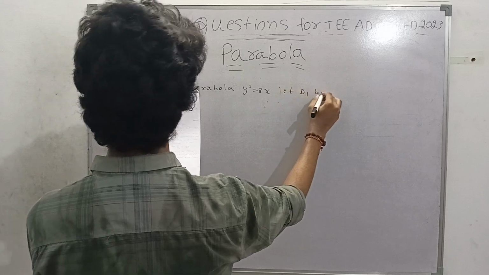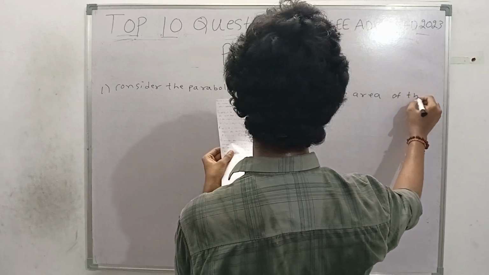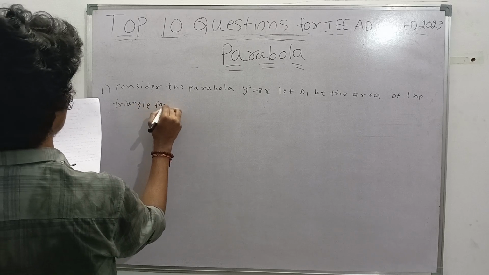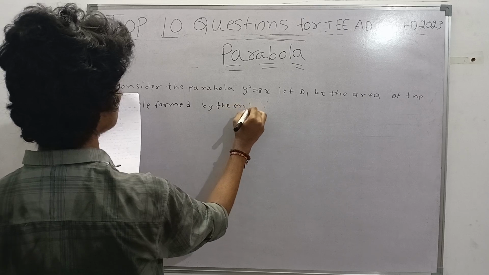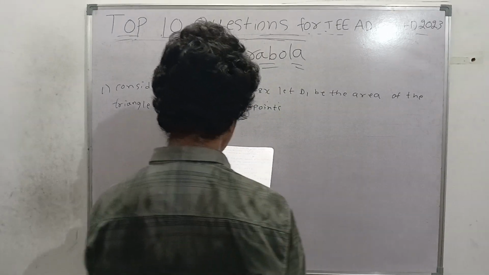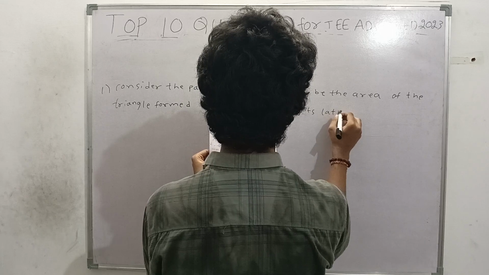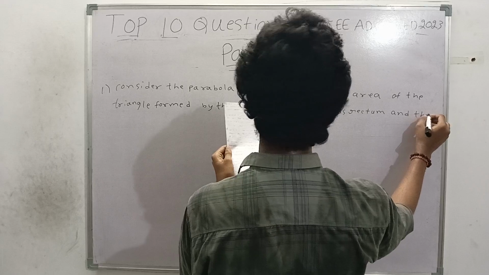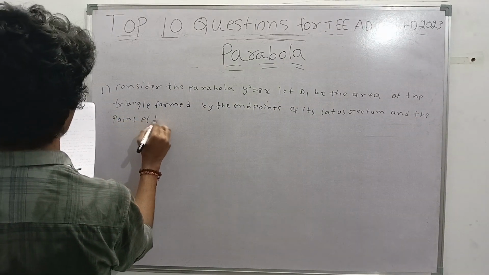Let delta 1 be the area of the triangle formed by the endpoints of its latus rectum, and the point P (1/2, 2) on the parabola,